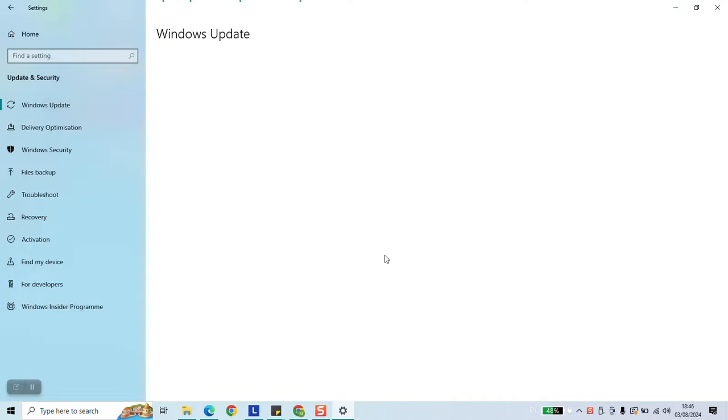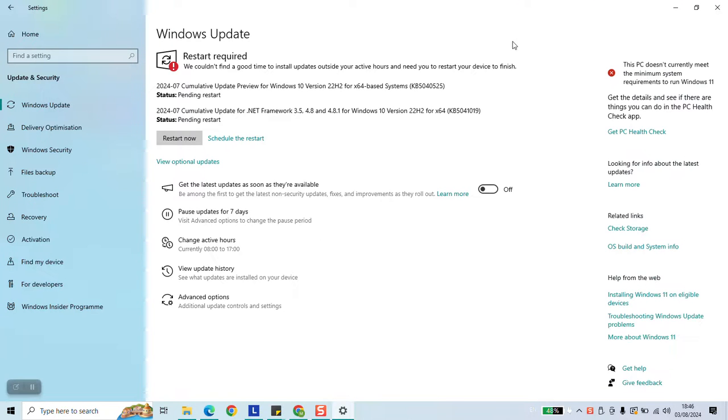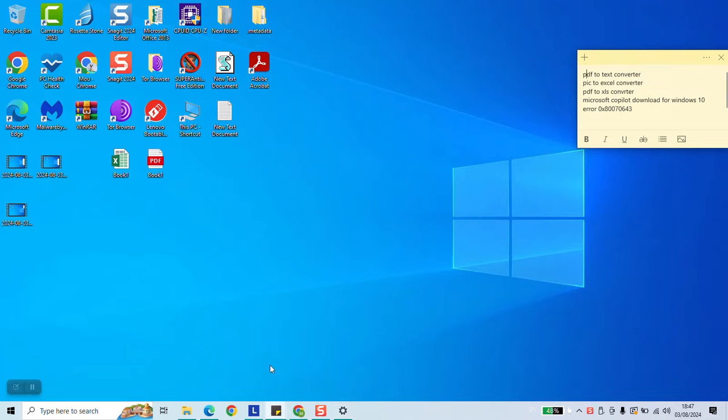Wait a little bit until the updates upload. Here, make sure that your computer has been updated to the latest version. In my case, there are only 2 left as of today, but you still can restart your computer if the updates are not done. Once the update has been done in your computer, you can go ahead and open your